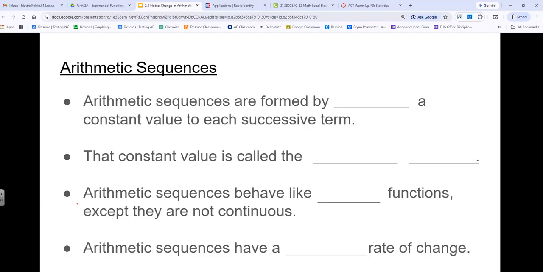So there's lots of types of sequences. Not all sequences are arithmetic or geometric, but arithmetic and geometric sequences are special types that we like to look at. So arithmetic sequences are formed by adding a constant value to each successive term. Sometimes it looks like you're subtracting, like on that last problem that we did, but you could also think of that as adding -4. So sometimes it looks like subtracting. That constant value is called the common